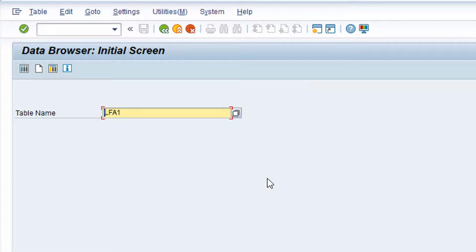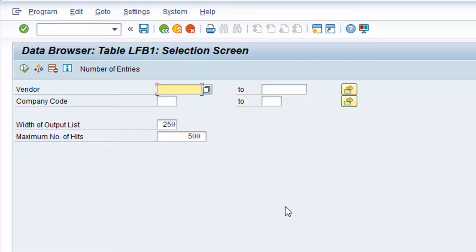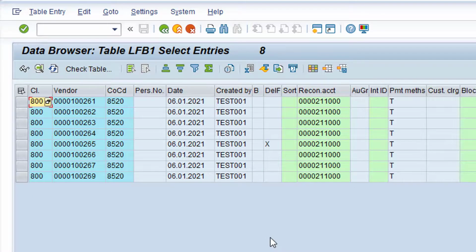Now enter the second table name, LFB1, and click the Enter button. Again, I'll simply type in the range of vendor numbers that I created for this video and click the Execute button. I can then select a vendor and click the Display button.